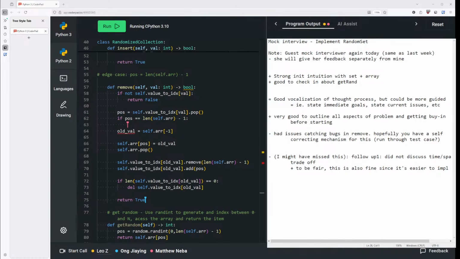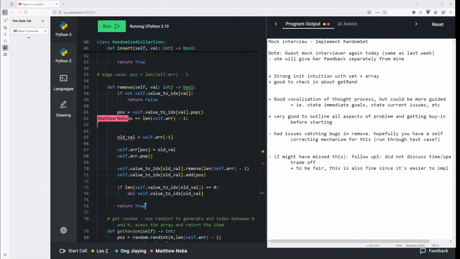Then what I need to do here is delete it from, or remove it from the set as well. It's already removed. Oh yeah, I popped it. So that's good. And I just need to